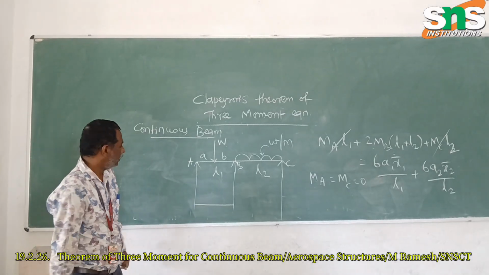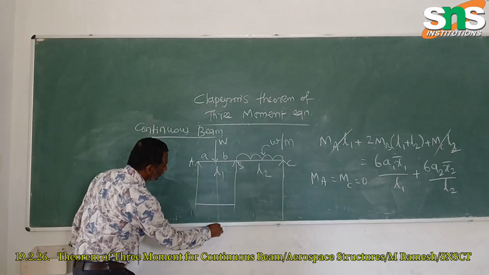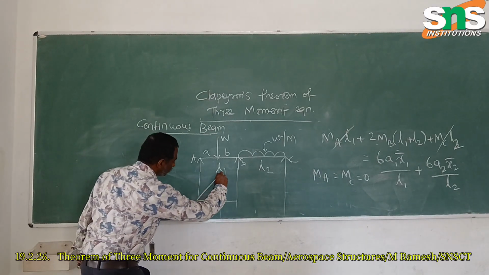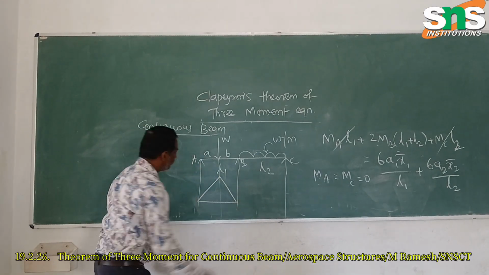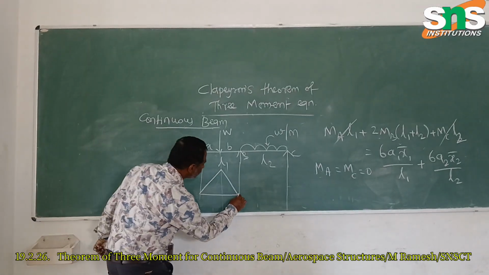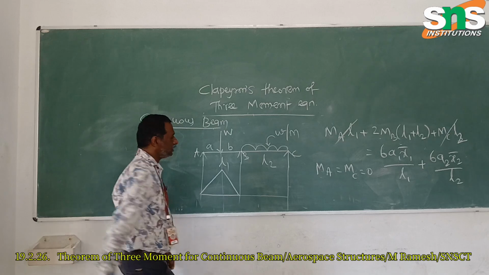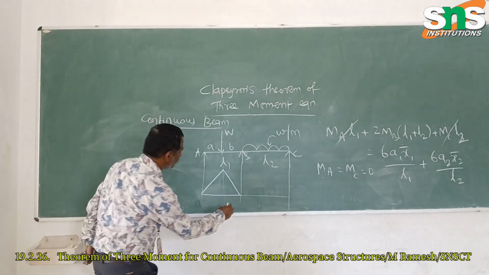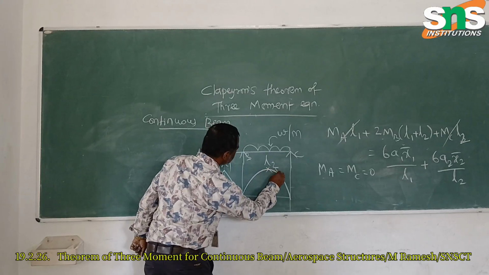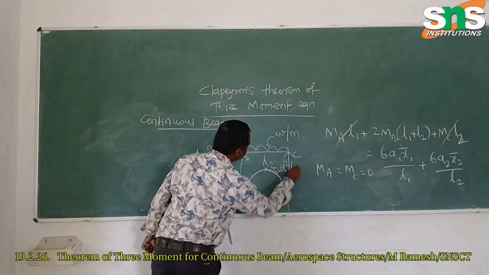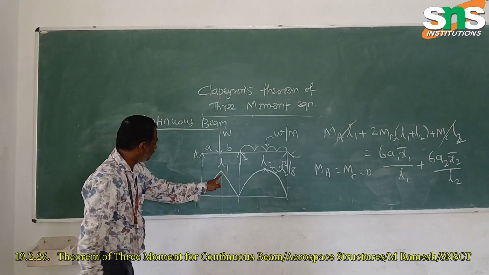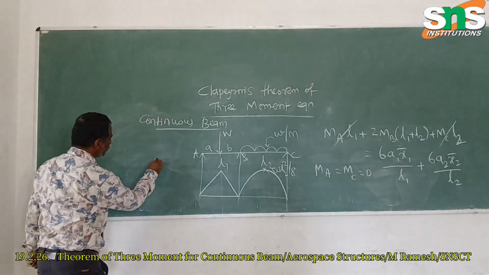For this case, a simply supported beam with the point load acting at a particular distance, how can we get the maximum moment? The diagram should be a triangle. And as discussed earlier, since it is a uniformly distributed load, it should be a parabolic curve with maximum W L squared by 8. Here L2, and here L1. And what is the maximum moment for a simply supported beam?